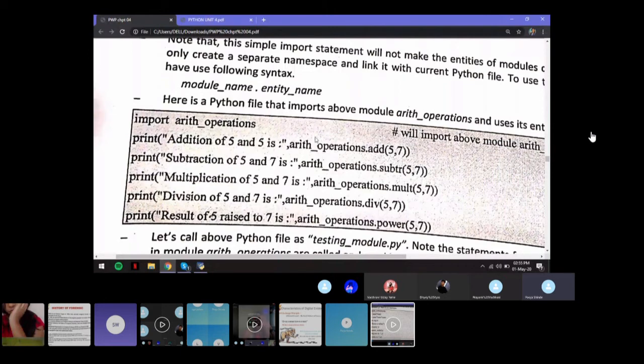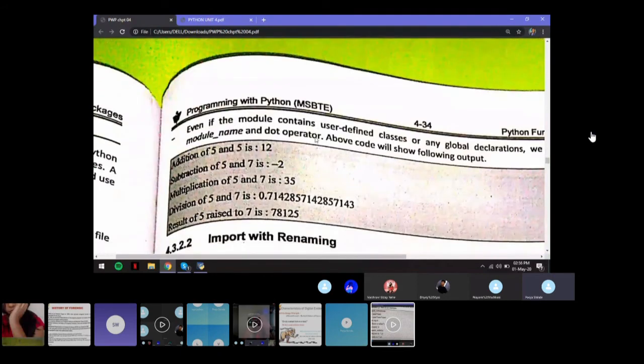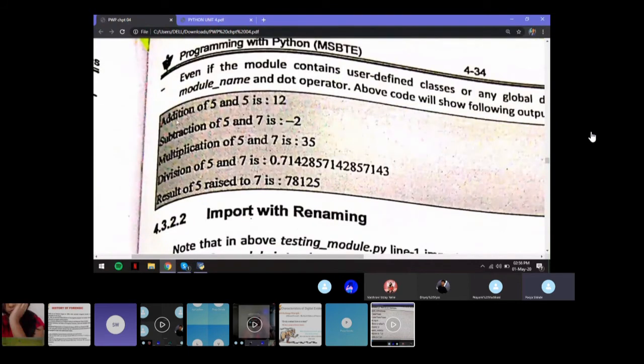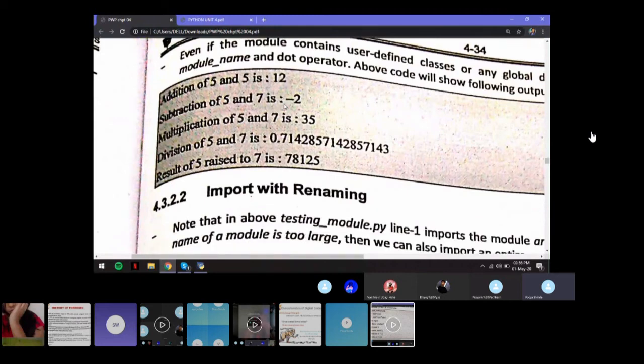It will calculate the value and return it through that addition function inside the file arithmetic_operations, right? So you got addition of 5 and 5 is 12. Okay, so this is how you can reuse your code that you had written somewhere else or some time before, right? So that is the advantage of modules.